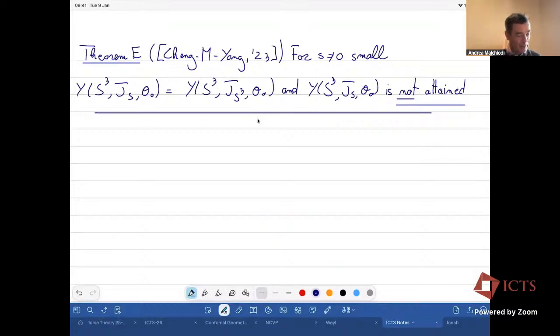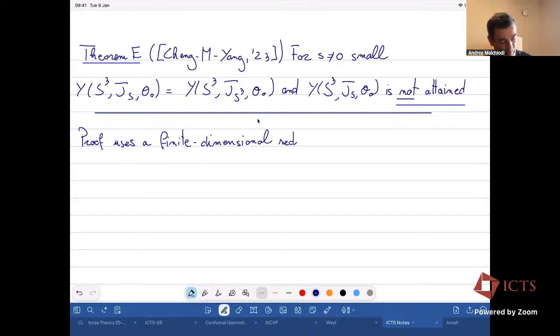So for the proof, maybe I'll just say a few words about the proof. The proof uses a finite dimensional reduction. And there are maybe a couple of ingredients. So the first is that it's a classification result. Solutions of the Webster-Yamabe problem, so